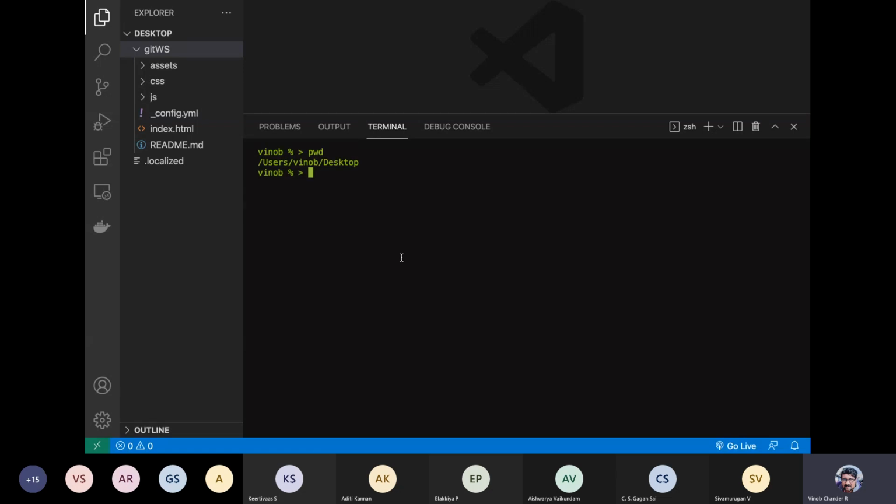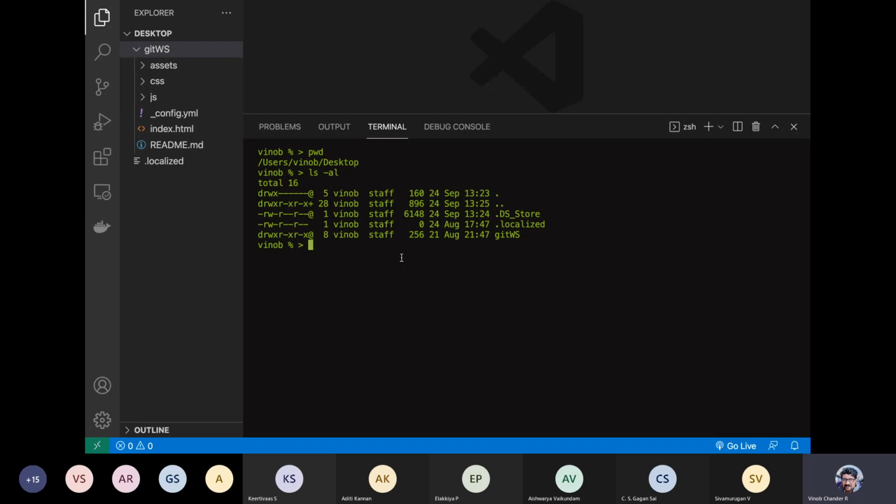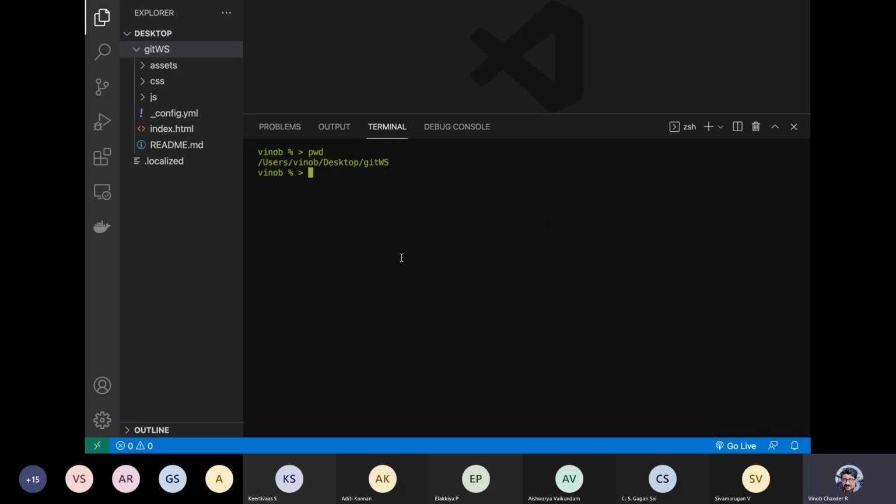From here you can do ls -al. You just need to ensure that you are inside the project folder. By default it should take you to this project folder, but we actually did a code . on the desktop, so we got this.